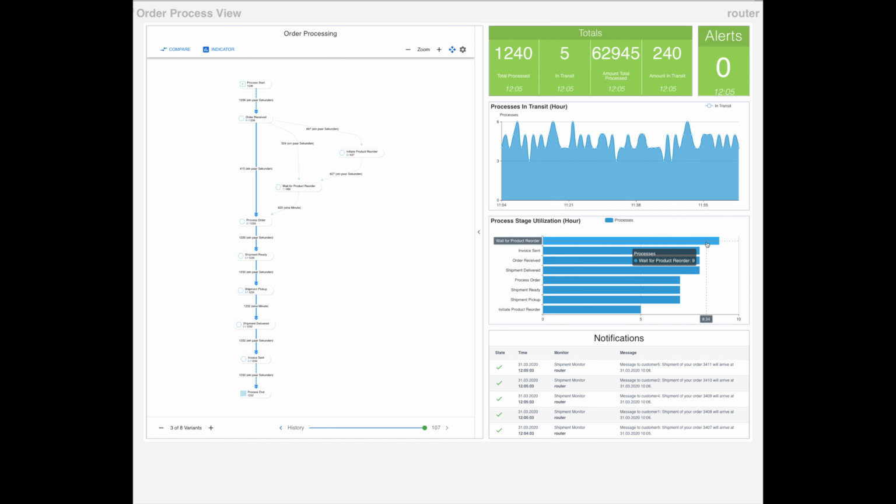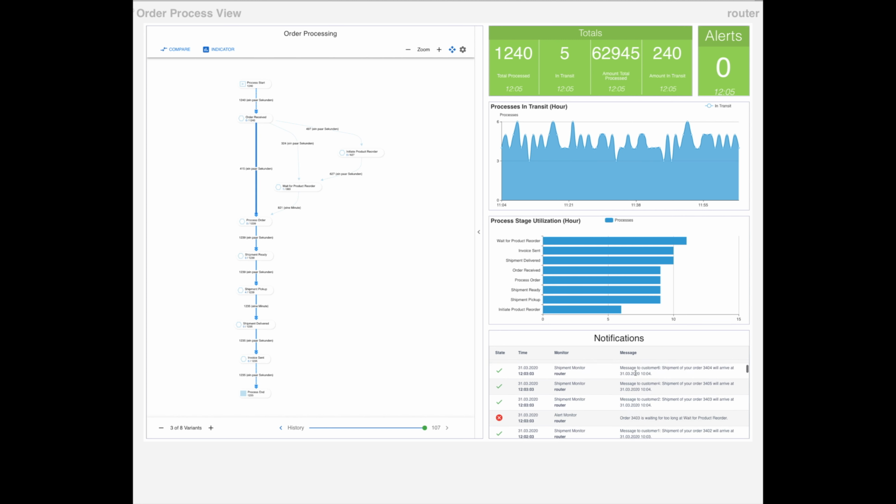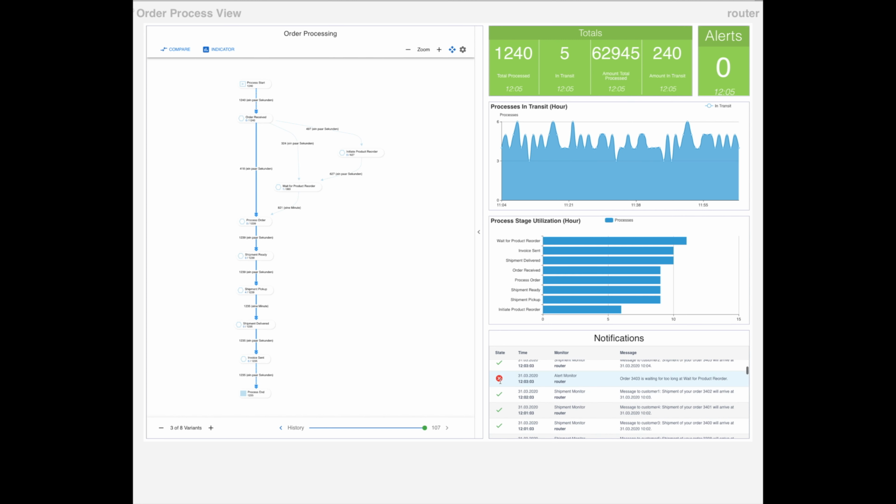The last thing is the notifications panel at the bottom. In here we send our simulation notifications, which would be sent to the customer in a real-world application. This panel contains also the alert messages. This was an introduction to the process view, its functionalities, and how to use and display the data produced by the